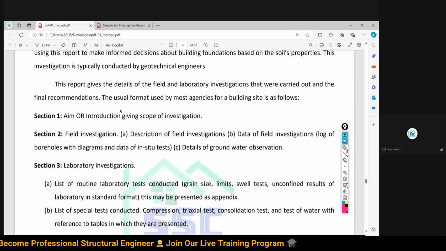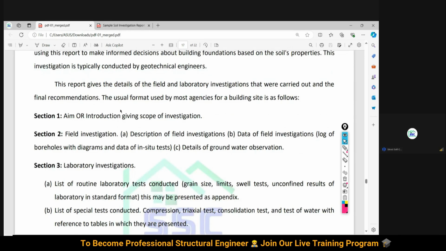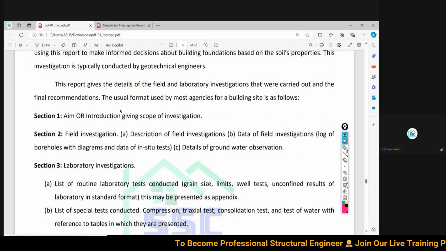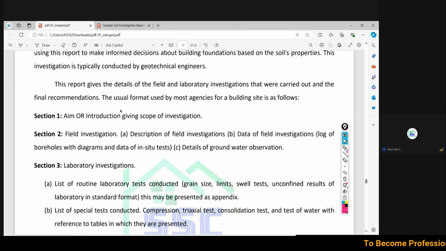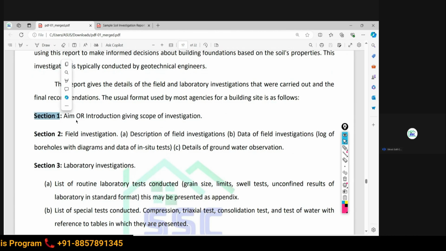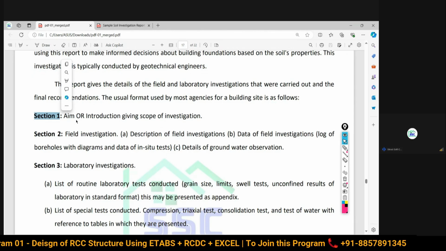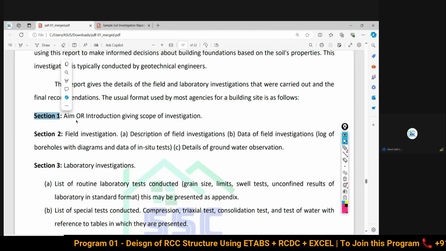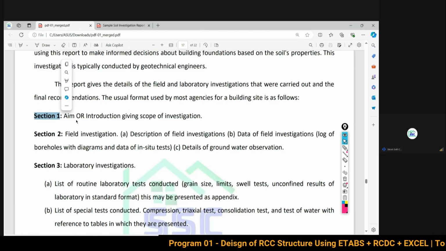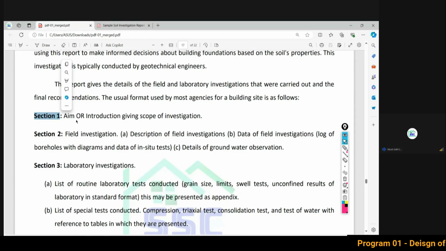अब उसको हम लोग प्रॉपर वे में लिस्ट आउट करेंगे कंटेंट को, and we are going to present it to the structural engineer, means it is coming to us for the designing of the foundation. So section 1 of the soil investigation report will have the aim, for what purpose you are going to execute the soil investigation, किस पर्पस के लिए आपको सॉइल को एग्जीक्यूट करना पड़ रहा है. Okay, and what is the scope of the investigation, why are you doing it, what is the definition of the project, location of the project, सारी चीजें आपको यहाँ पर इंट्रोडक्शन गिविंग द स्कोप ऑफ इन्वेस्टिगेशन में मिल जाएगा।